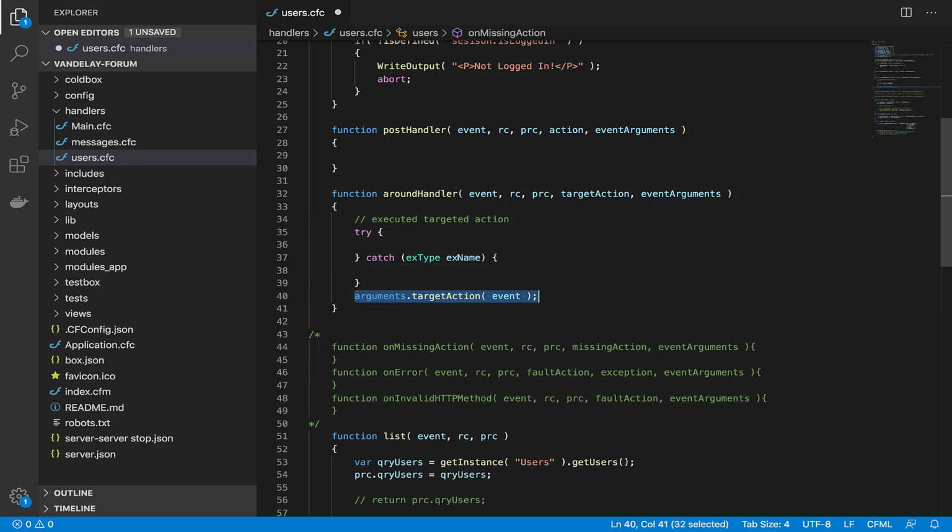And then this line, arguments.targetAction, that's the line of code that will actually run the handler action that was called. So in the case of users.list, aroundHandler would run, and when aroundHandler gets to line 36, it would actually fire the list method down here, attempt to run it. If that method throws an exception of some sort, it would then run the catch command up here, and that's